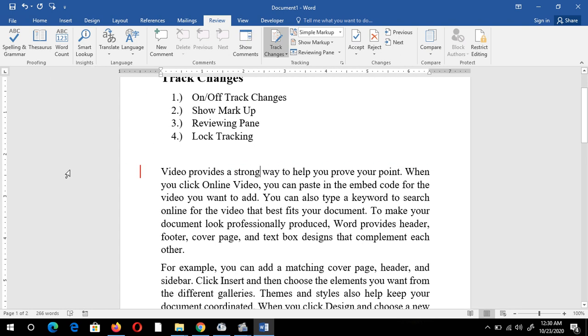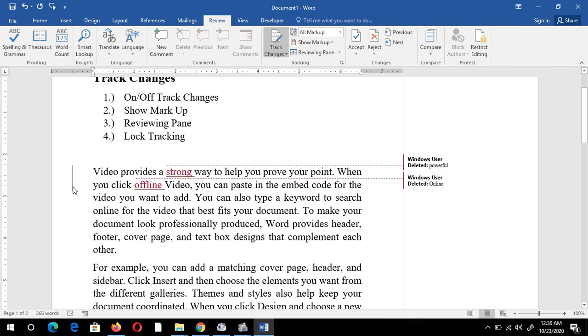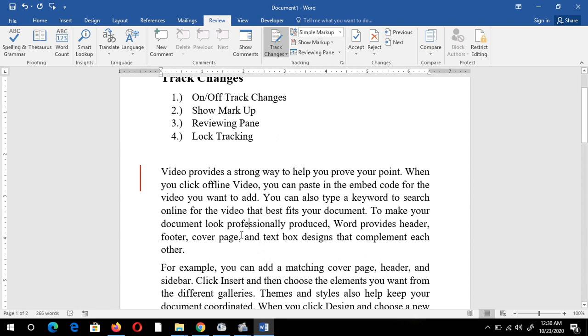Now I'm just going to close it. Again, someone changes the keyword online to the keyword offline. It is showing a red mark here. You can check it. Now suppose I want that if someone changes it, he or she will not see this mark. So I have to click here and select the No Markup option this time, so that no one can see whether the tracking function is on or off.